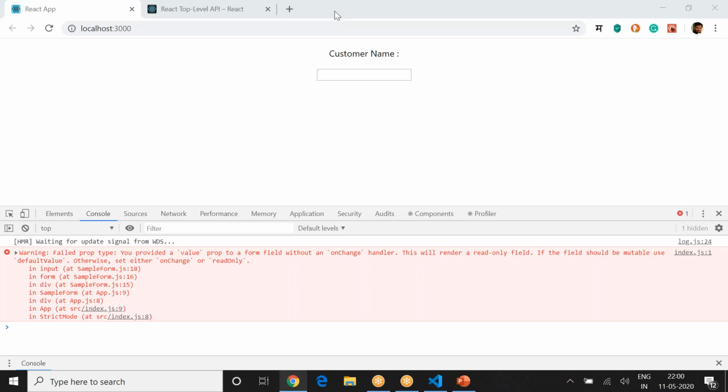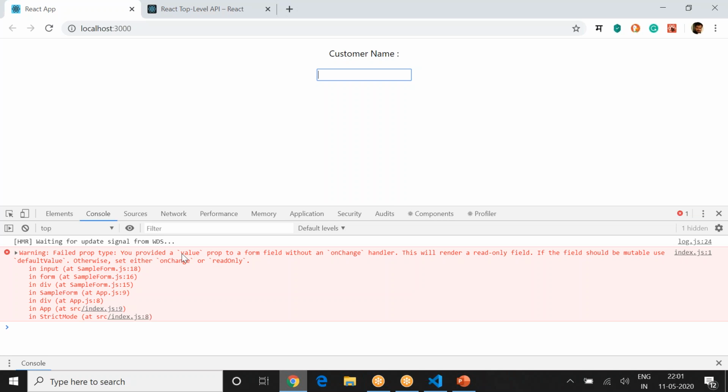So I have this field available. I'm getting some error. That's fine. This is a warning. Okay. So I'm not able to enter now. I just added something here, but now I'm no longer able to enter anything. I'm pressing my keyboard buttons. Nothing happens. Okay. So see the warning, failed prop types.